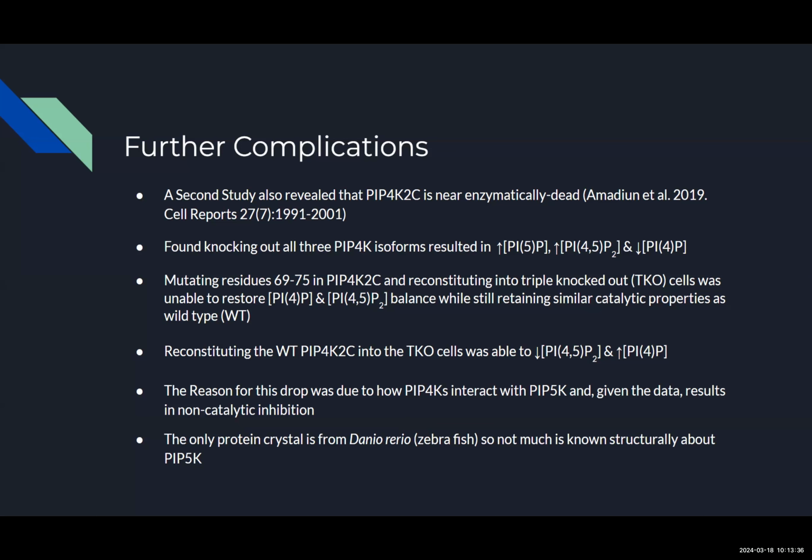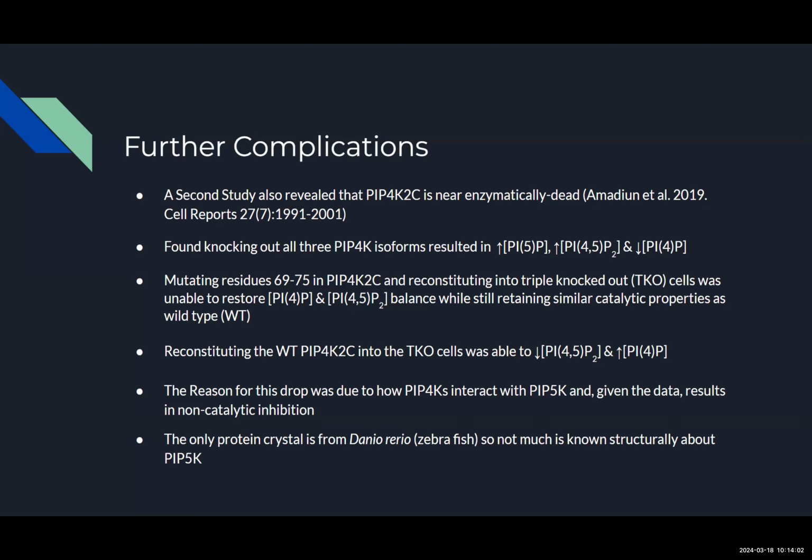Well, what this team did is mutate residues 69 to 75 in PIP4K2C and reconstitute into triple knockout cells, and was unable to restore the PI4P and PI4,5P2 balance. However, if you reconstitute the wild type PIP4K2C into the triple knockout cells, you're able to restore the PIP2 and the PI4P